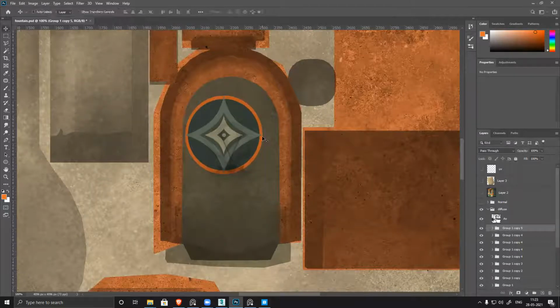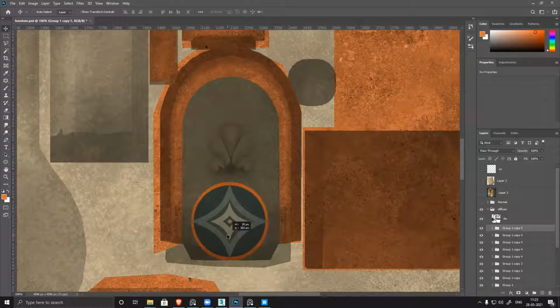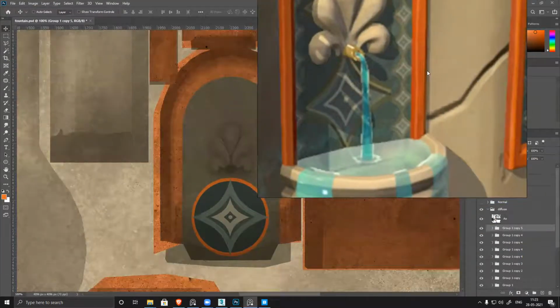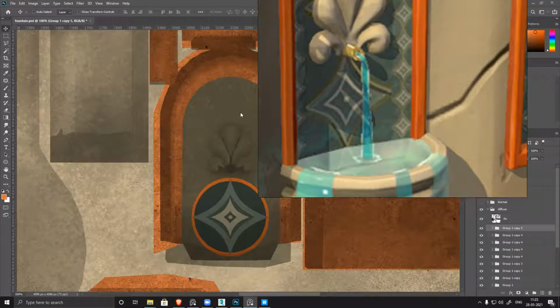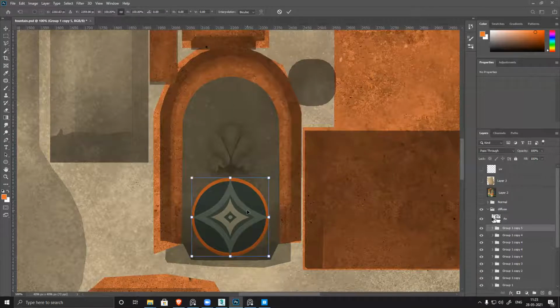Slightly squeeze it. Now center. You can see here why we bake ambient occlusion. Now I can see the position of this part of the design. If I don't have ambient occlusion, I cannot see, so I have to do trial and error multiple times, create it, go back to Max and check if the position is correct, and come back again. It becomes a very long process. With ambient occlusion, I can see very easily where it is and place it very easily. It's touching this point. So Control T.